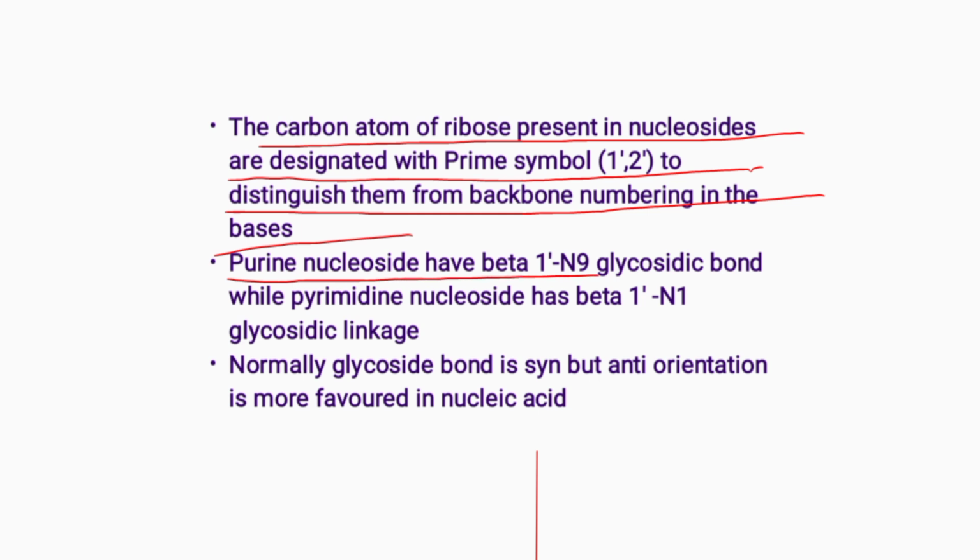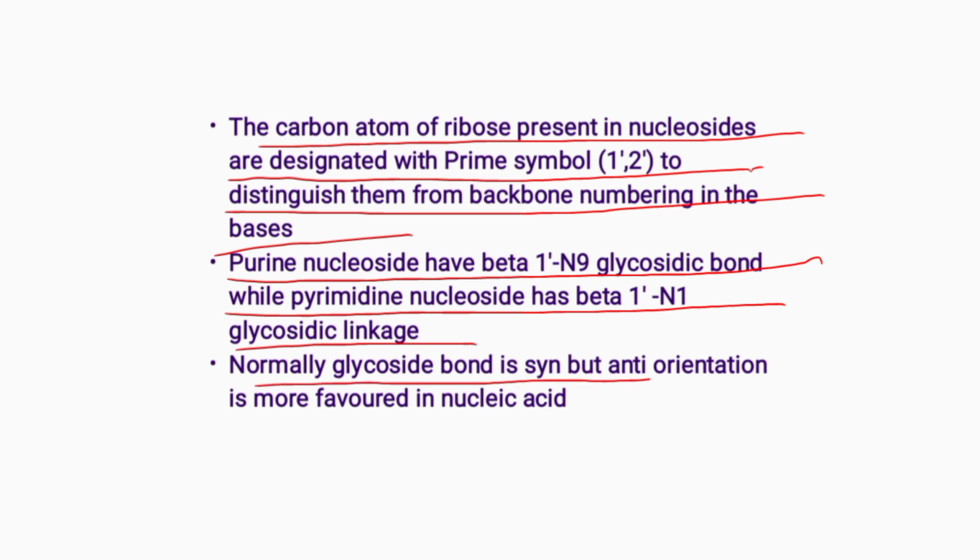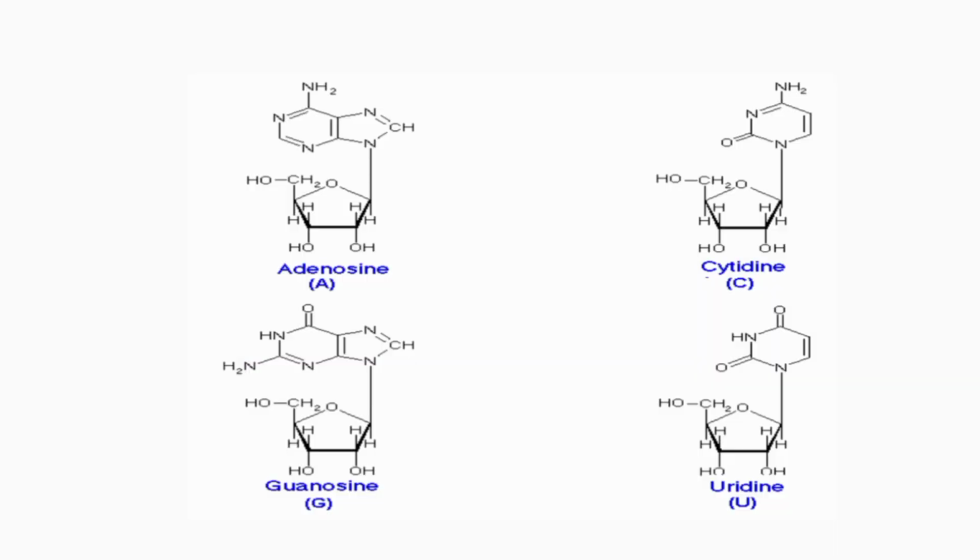Purine nucleosides have a beta 1' N9 glycosidic bond, while pyrimidine nucleosides have a beta 1' N1 glycosidic linkage. Normally, the syn glycosidic bond is seen, but the anti-orientation is more favored in nucleic acids. These are the structures of the purine nucleosides, that is adenosine and guanosine, while these are the pyrimidine nucleosides, that is